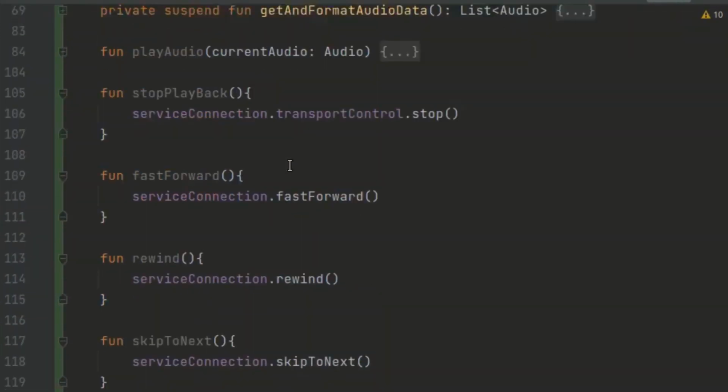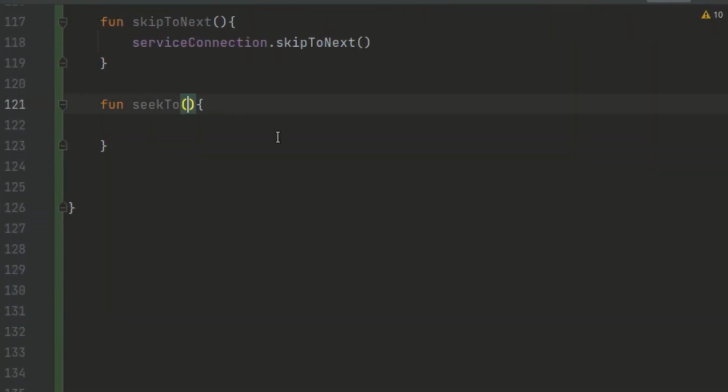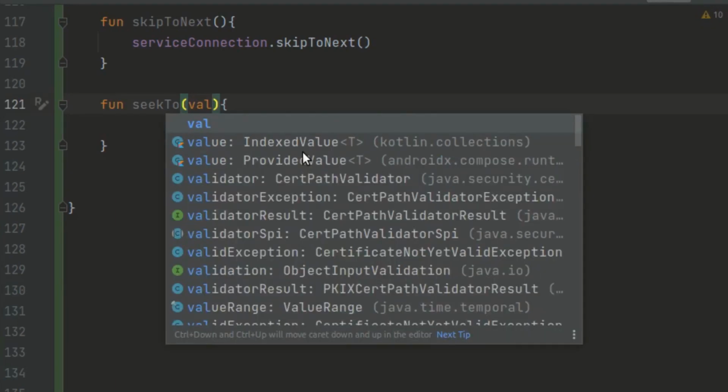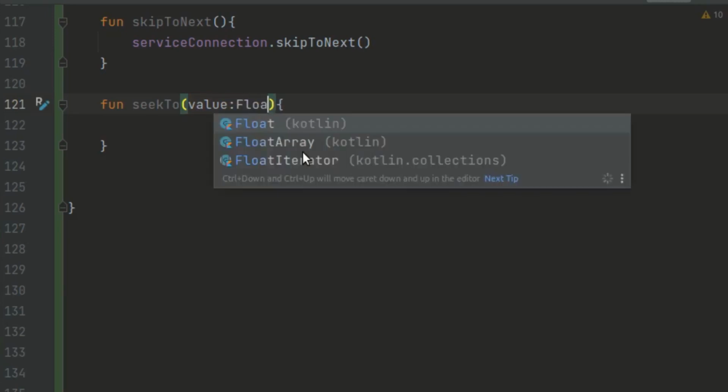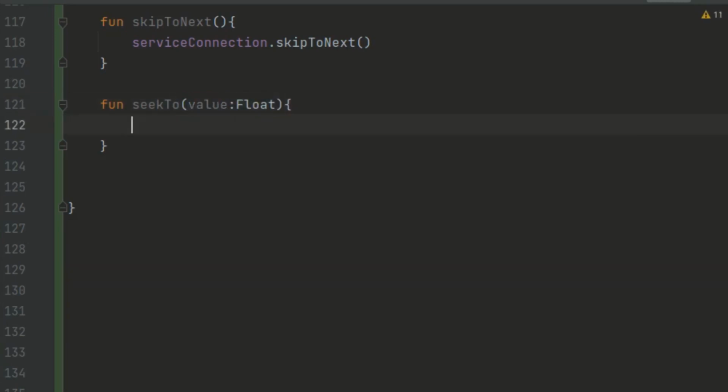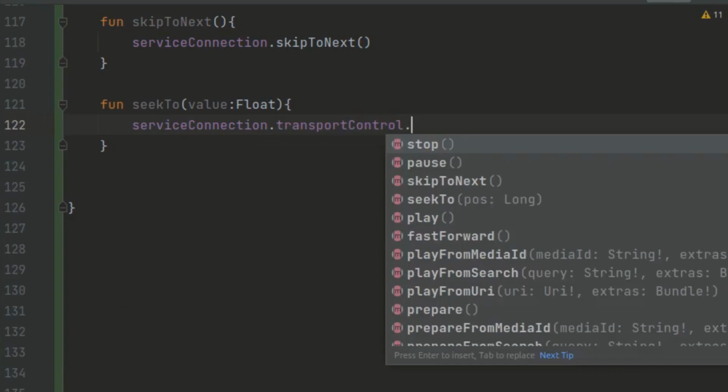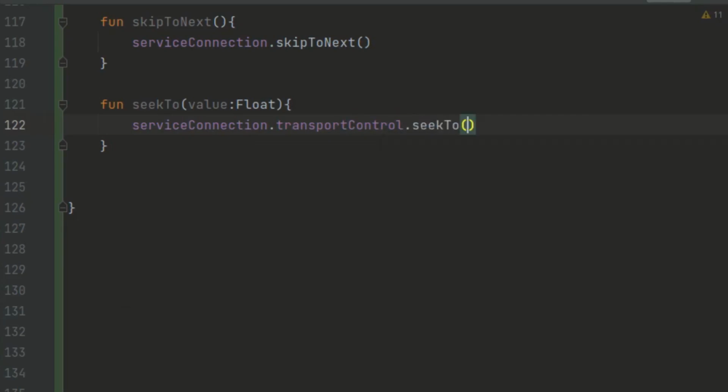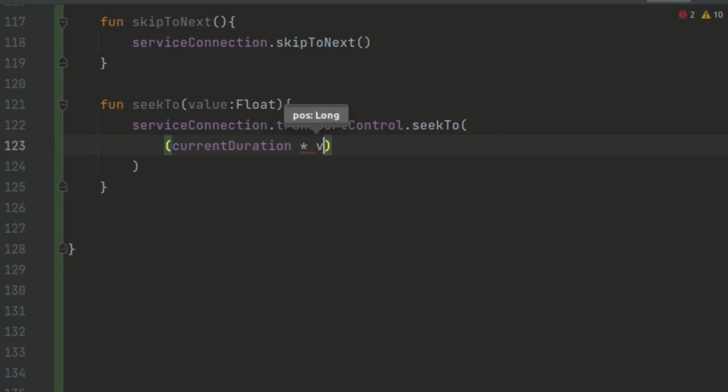For that case, we are just going to come here to our seek to value, and here we will have to pass in a value. So here we can call this value, and this one is going to be of type float because it's going to come from our data. Here we can call the service connection, call transport control, and call seek to. Here we want to seek to a certain position. So what we want to do is get the current duration and multiply this by the actual value,